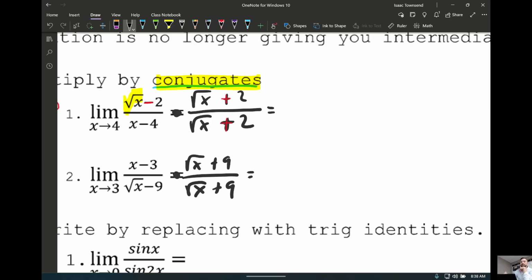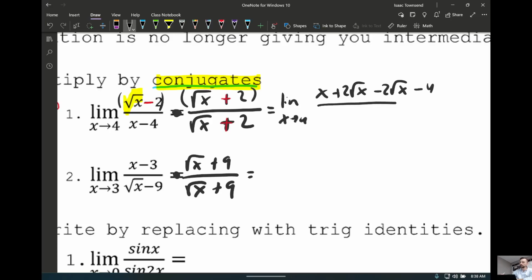But again, the only reason I know this is conjugates is because it didn't factor, I have to do something, and because there's a square root in there, it gives me a hint that it might be conjugates. Well, to multiply these fractions, you need to multiply your numerators. So FOIL, square root of x times square root of x would be x. Square root of x times 2 would be 2 square root of x. Negative 2 times the square root of x is negative 2 square root of x, and negative 2 times 2